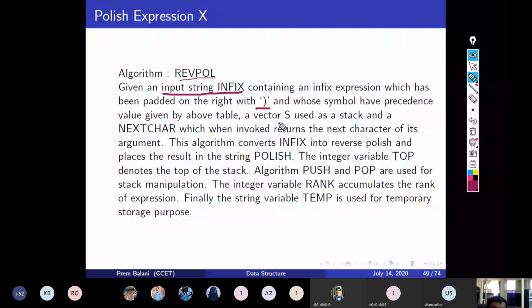Okay, and precedence values, which we have seen in the table above, and we have one stack S, and we have next character, which when invoked returns the next character of its argument. So this is the function, and this algorithm converts the infix into the reverse Polish expression, and the resulting string will be stored into the Polish variable, and top is the top of stack, and we have push and pop operations available on the stack, and the rank